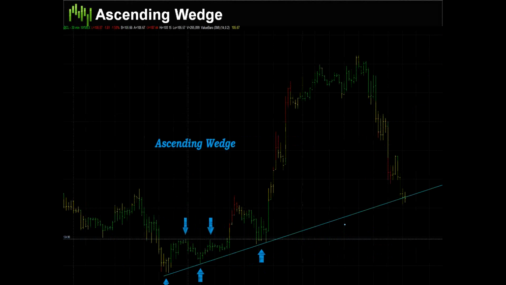The other patterns that you're going to be trading, you're going to want to look for ascending and descending wedges. With an ascending wedge, the price has found resistance at a certain point, which means it's tested it several times and bounced off of it each time. What you're looking to do is have a long order right there above that resistance. You're going to have a sell order below the support. The support's going to be off of a trend line that's connected to at least 2 well-defined lows, or well-defined highs if it's a descending wedge.